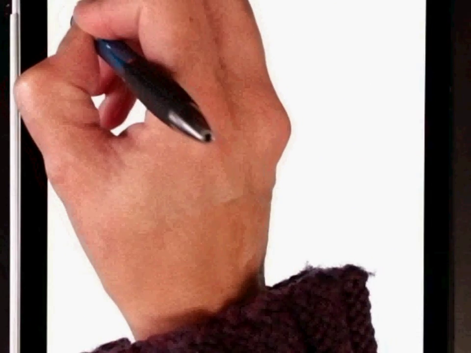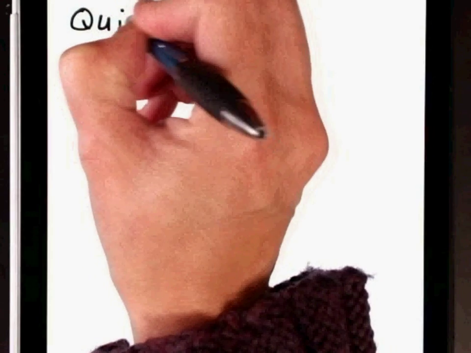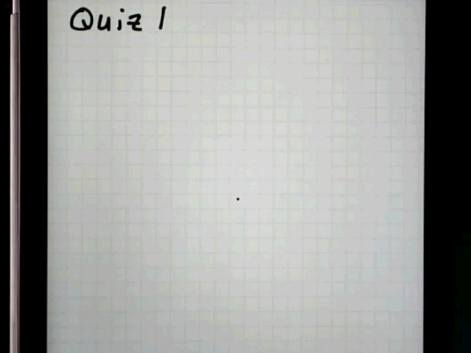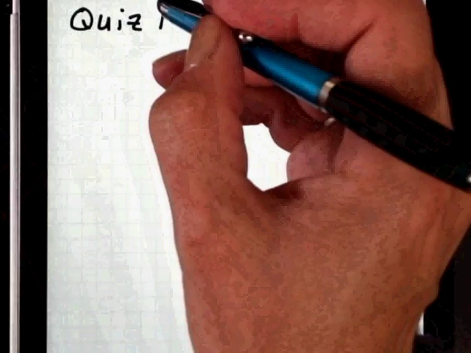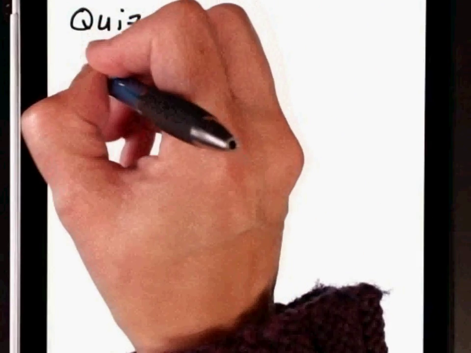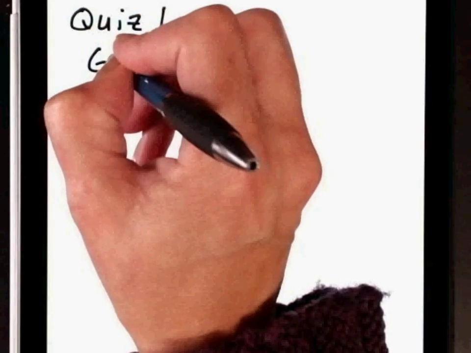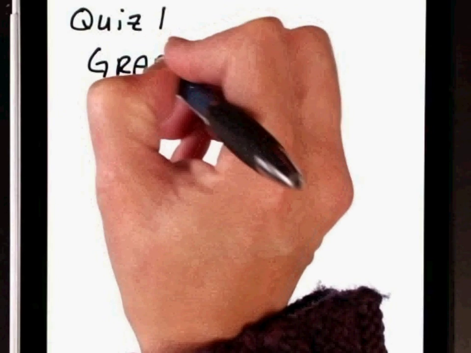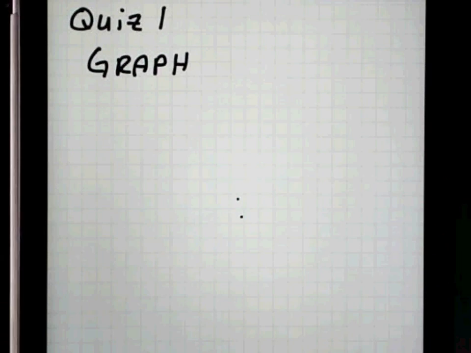And you can find my email address on the course website, on the Blue Mountain website, or I'll give it to you right now. So here are your instructions. Put quiz 1 on your page, and what I want you to do is sketch the graph of the equation